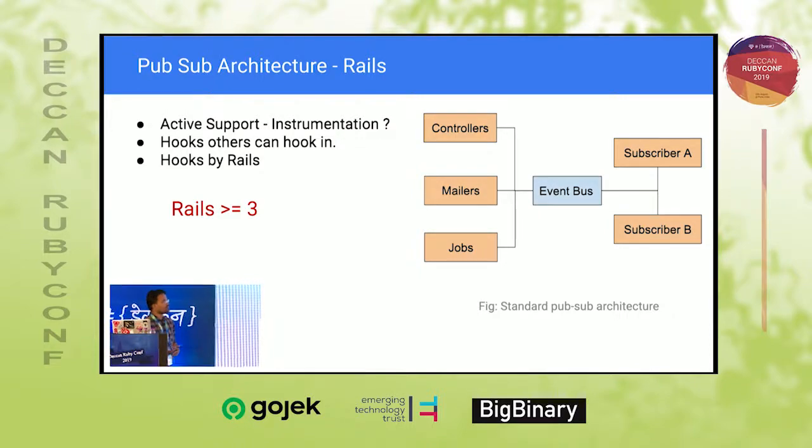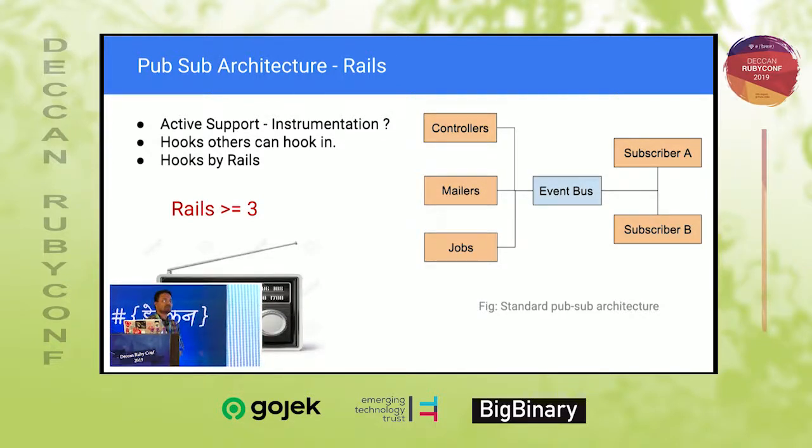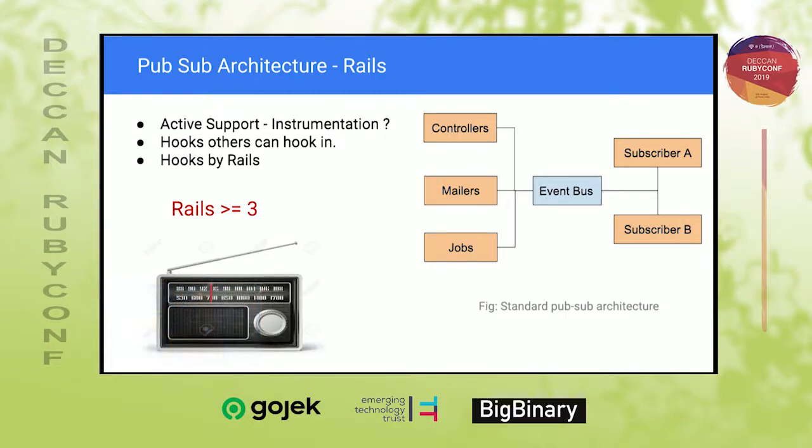So Rails gives certain kinds of hooks inside the controller, mailer, and all the components, to which other developers can hook in and get informed about the data that is being passed on when certain events occur inside this controller. This is analogous to a radio application. All the radio signals are already broadcasted and are available to us even now. We need to tune to a particular channel to listen to the data, or the payload, that is being transmitted on that radio channel.